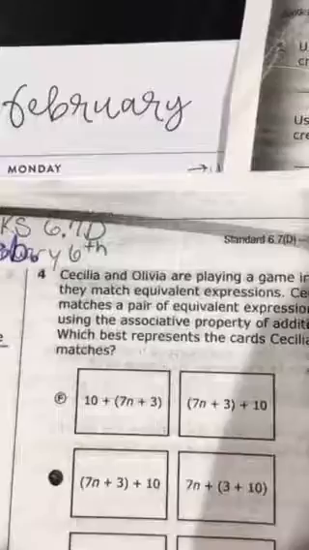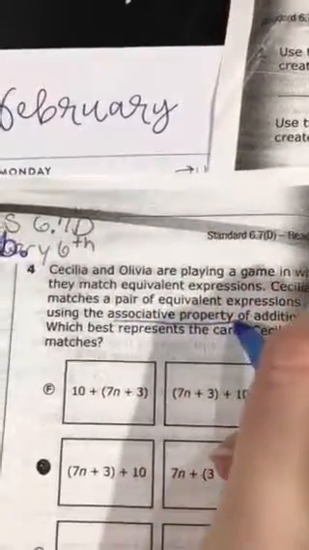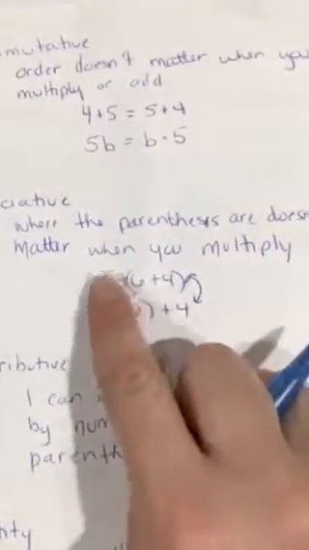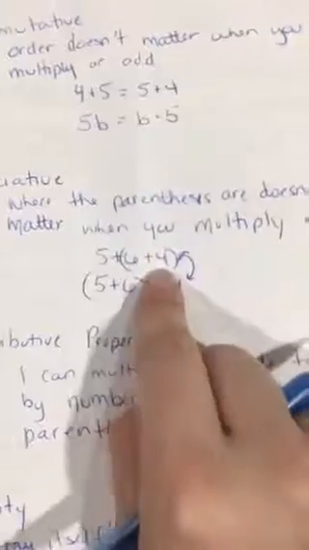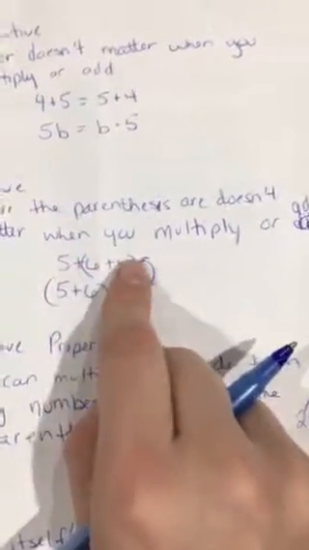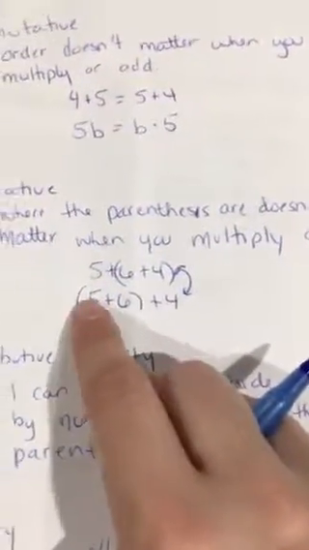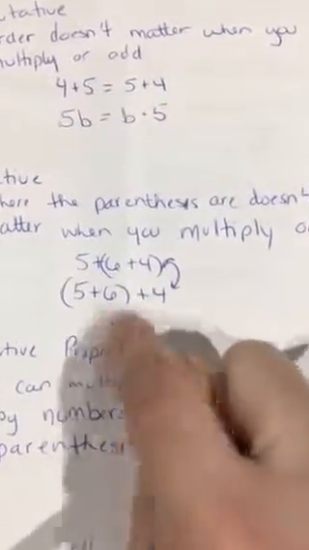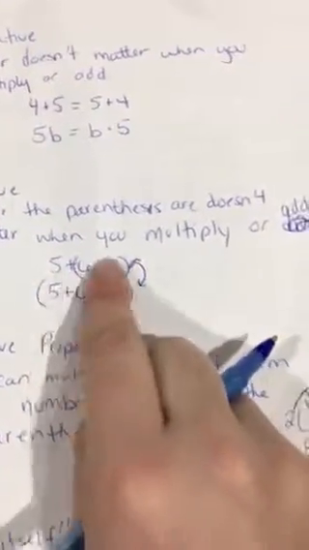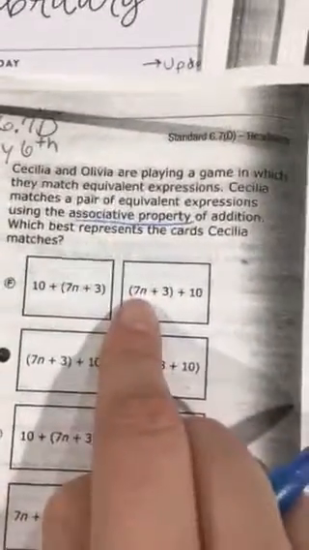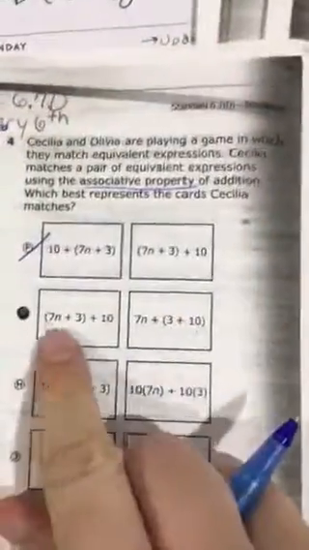Number 4, it says associative property. So associative property, where the parentheses are doesn't matter. But what does matter is the order of the number. So if it's 5 plus 6 plus 4, you still need to add 5 plus 6 plus 4. The only thing that changes or moves are the parentheses. So 10 plus 7n, I already know that's not right because here it's 7n is first. Here, 7n plus 3 plus